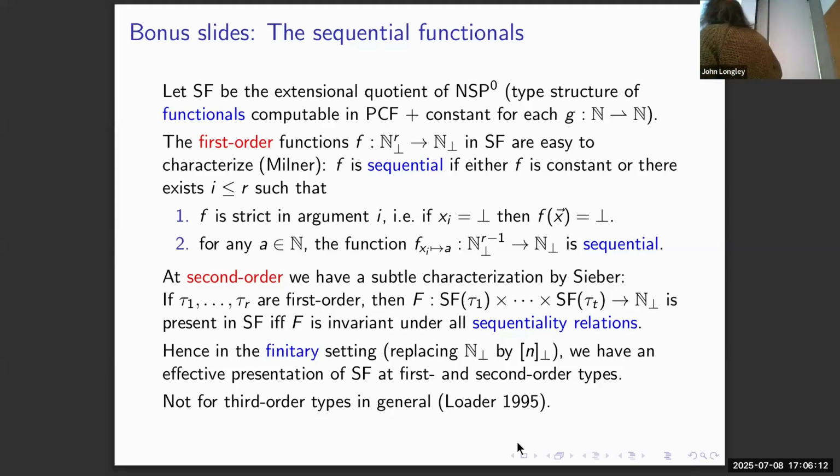Going up to second order types, it's more subtle, but there's this rather puzzling characterization by Kurt Sieber, who showed that if we've got a function on first order types, so the tau are first order types, and suppose we already know what the sequential functions of these types are, a function of this type is present in our type structure if f is invariant under a class of logical relations called sequentiality relations. It's quite hard to get one's head around this, but again, it's a purely semantic characterization of what the sequential functions are